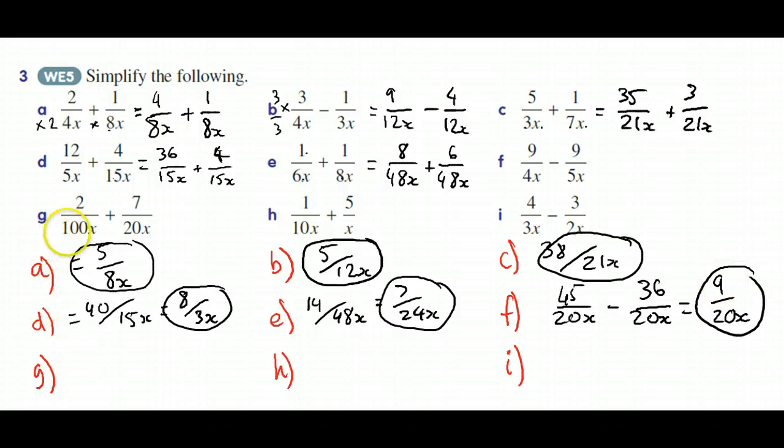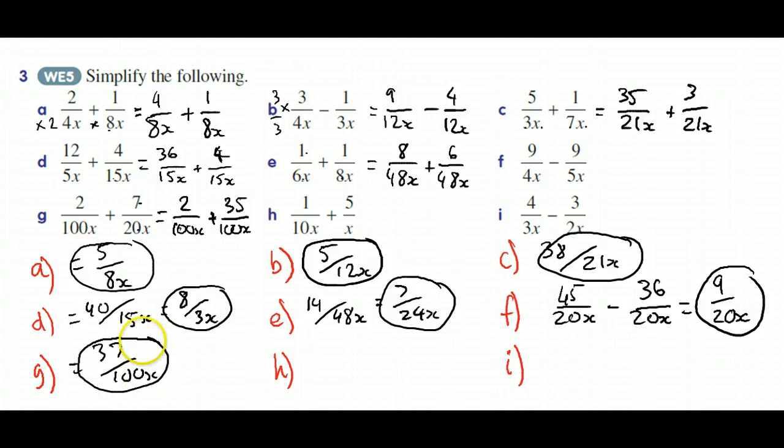For G, lowest common multiple will be 100x. So we'll have 100x on the bottom of both of them. In order to get that to be 100x, you don't have to do anything, so we'll just leave that as 2. You've got to multiply this by 5, so that's multiplied by 5 as well, and you get 35. 2 plus 35 is 37 over